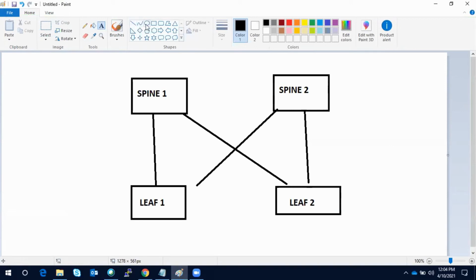And here on leaf 1 you connect a server, on leaf 2 you connect a server.